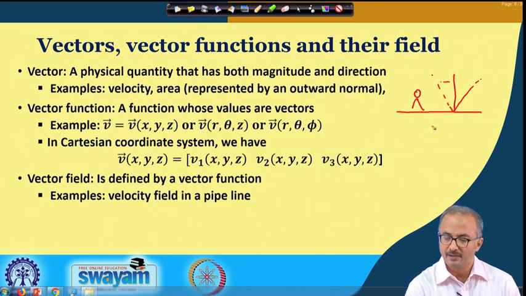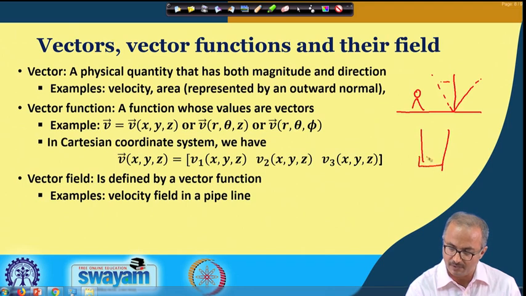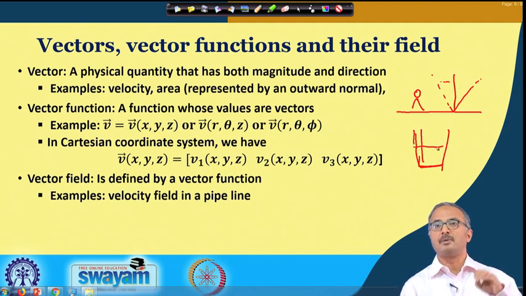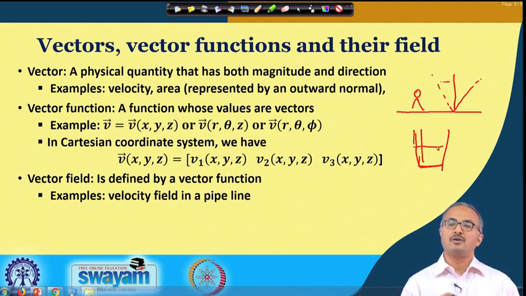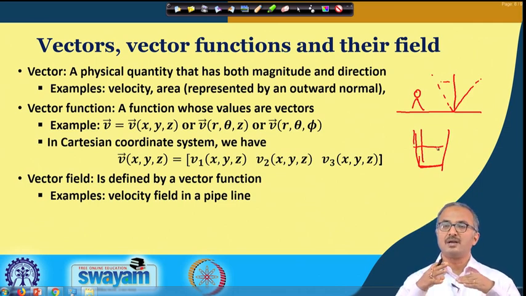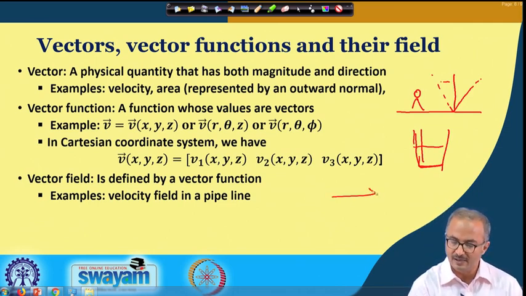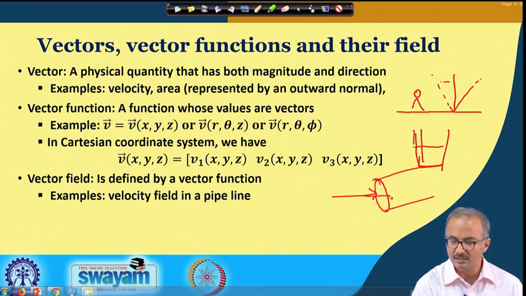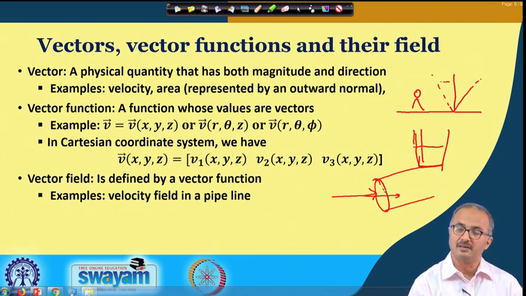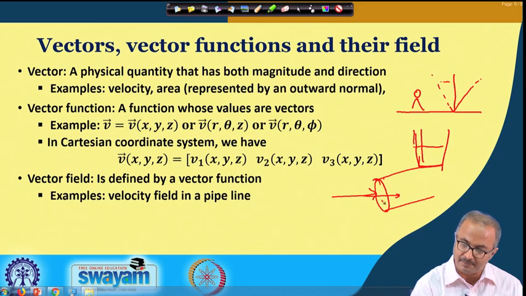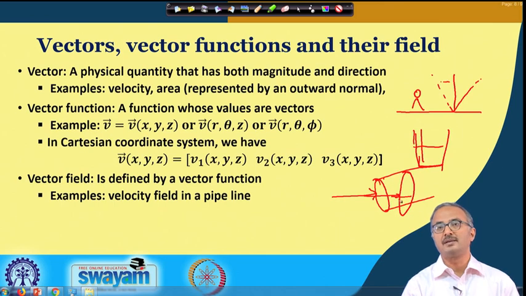Suppose you have a glass here full of some water. Now depending on the tilt you are giving, the amount of water flow will keep changing. Or some fluid is entering such a system, like this is the pipeline it's entering. There is some angle. You can easily see that if the pipeline is like this, or like this, straight, you will find that different amounts of mass will be flowing into the pipeline.